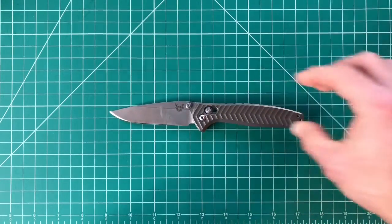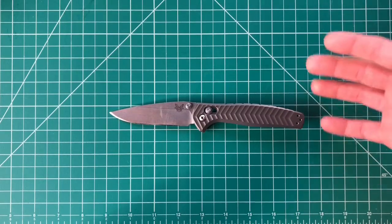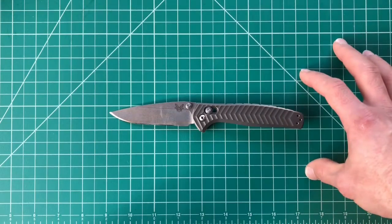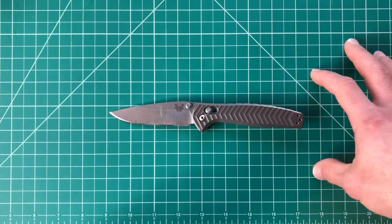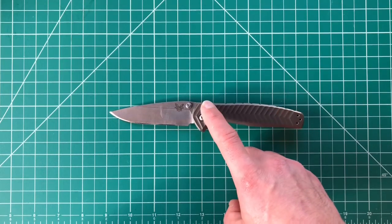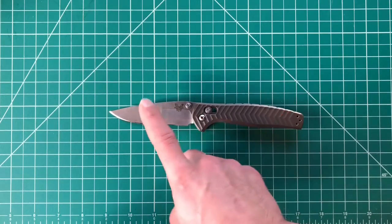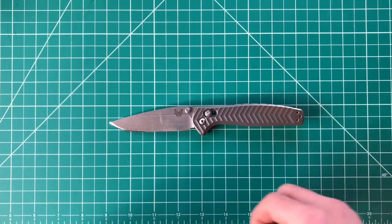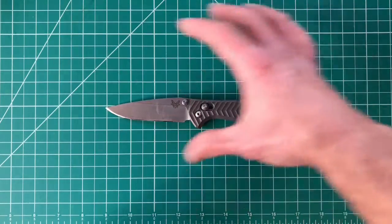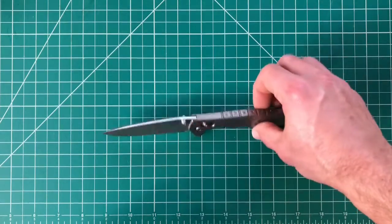So the hype of this knife, and the reason I really wanted to get it in hand, obviously with it being an upper end Benchmade, this is kind of like the top class of what their production blue class would be. And I really wanted to see what that was all about. I had heard it's an excellent example of the Axis lock, so I really wanted to try that. Also 20CV steel, which is a good steel. It was a good size as far as EDC and carry. It also had that titanium frame lock,